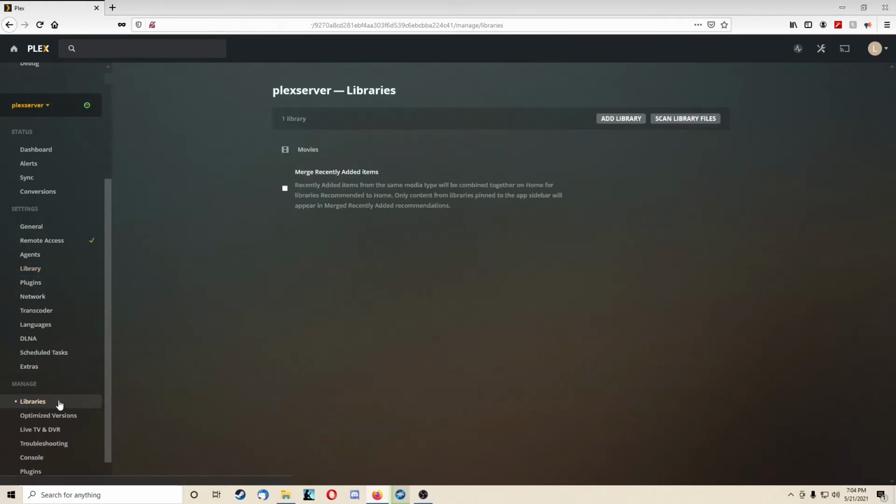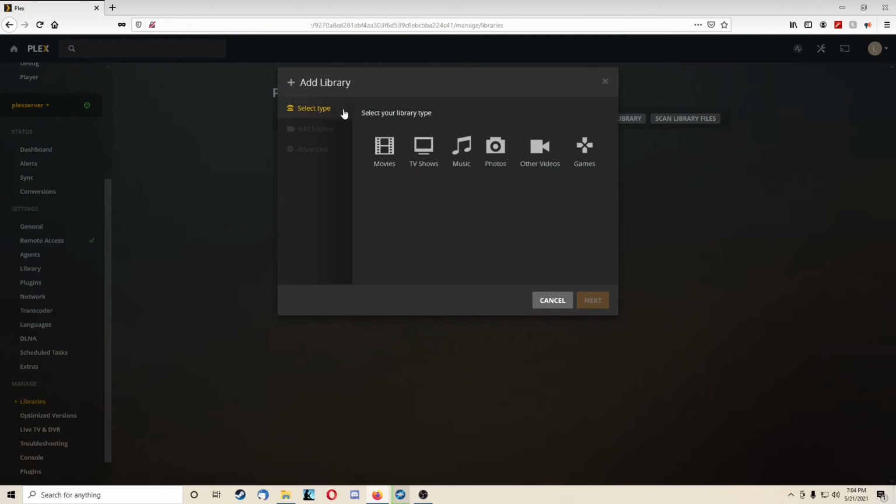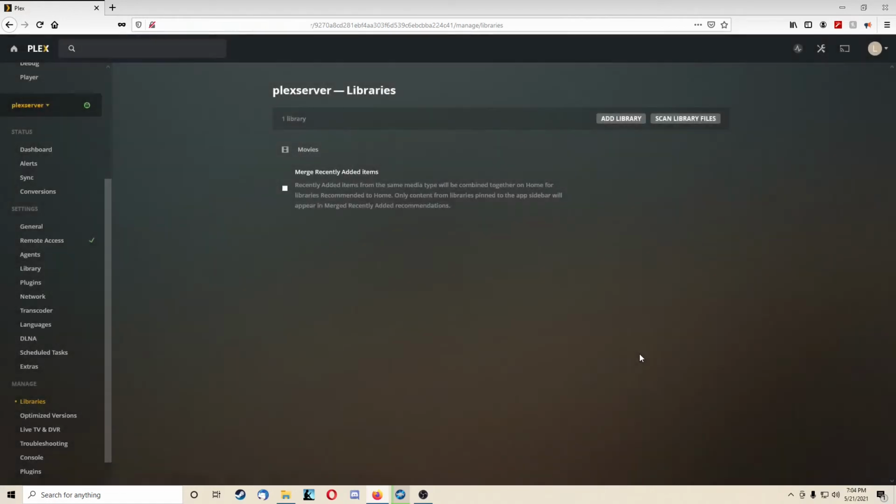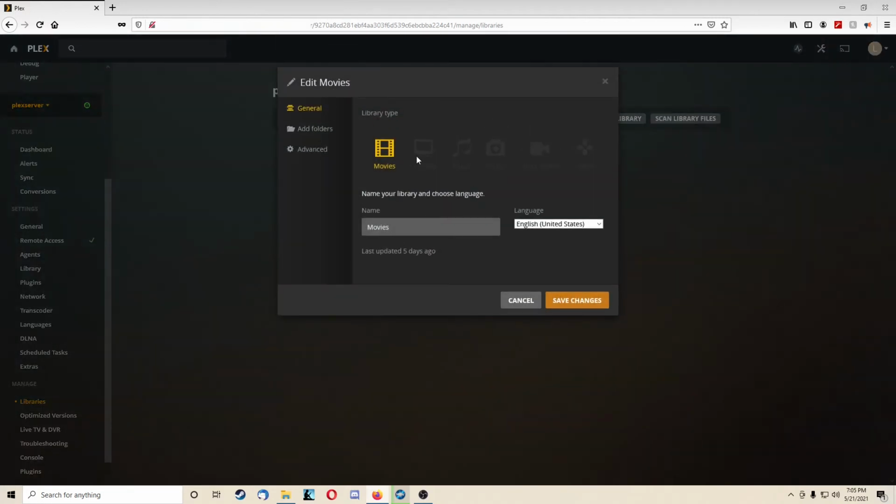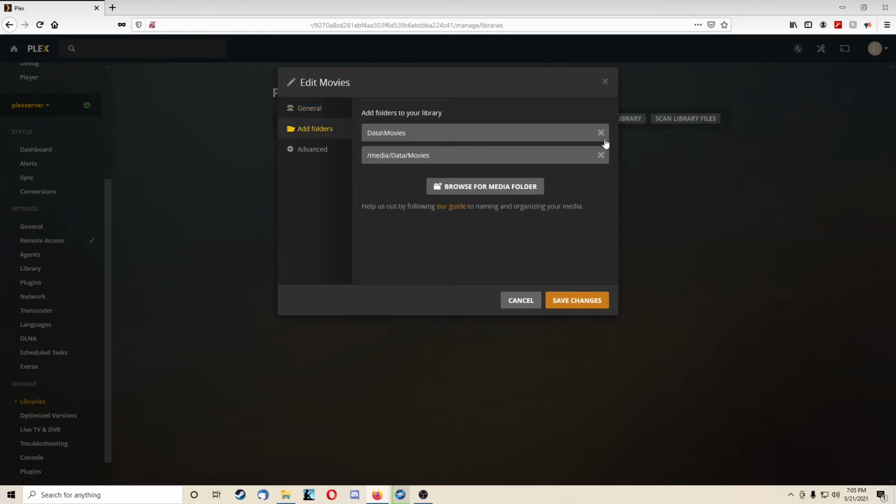All right, so here, I'm going to show you how to create a library. So click on Add Library. Now click Movies, and you want to name it Movies. That's the easiest way to make sure that it can be readable by the server. Then we're going to go to Add Folders, and data/movies is where ours is, and we're actually going to show you how to do it